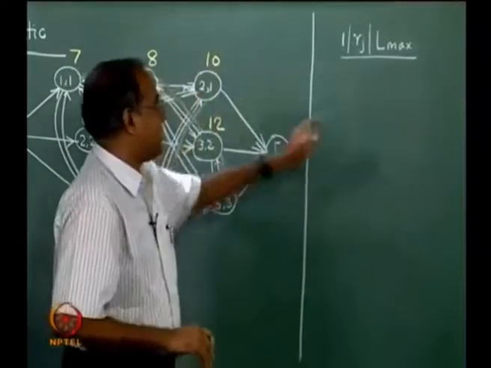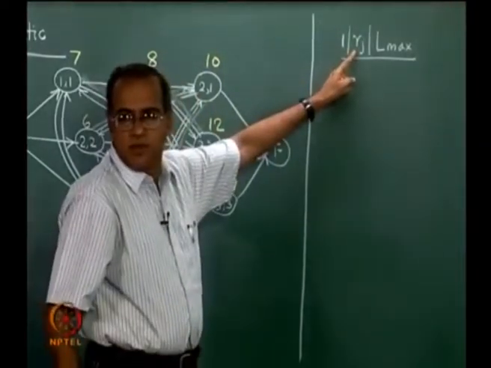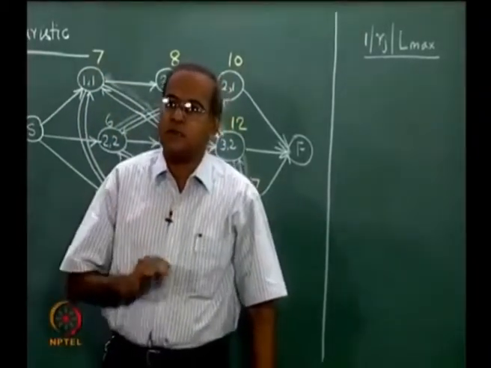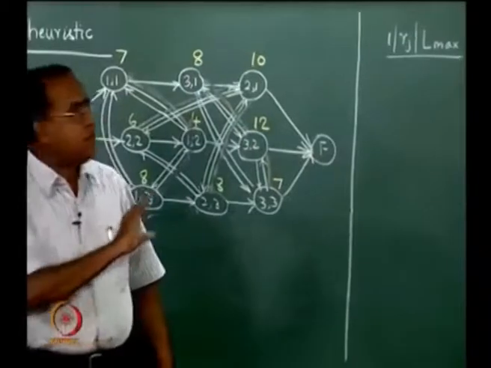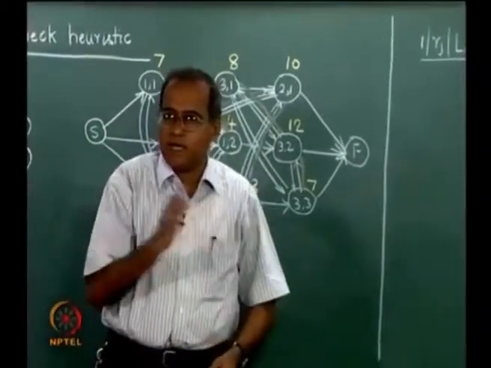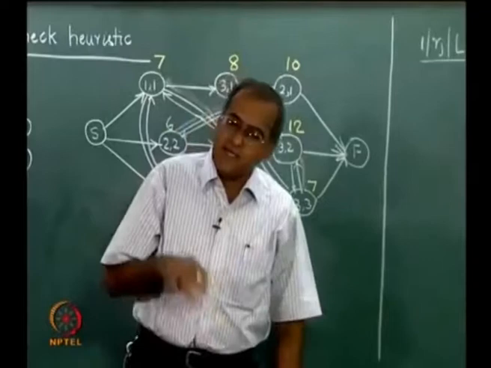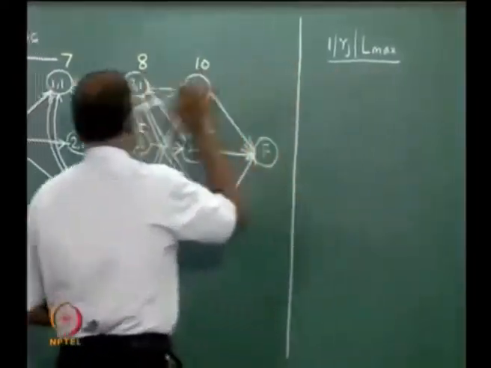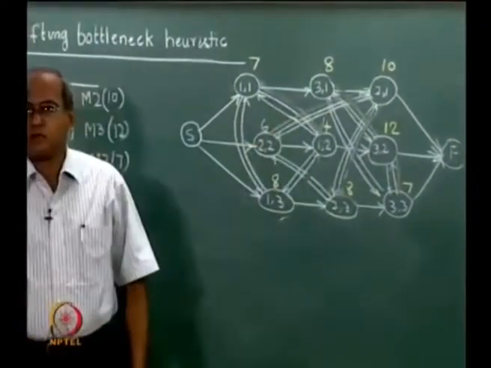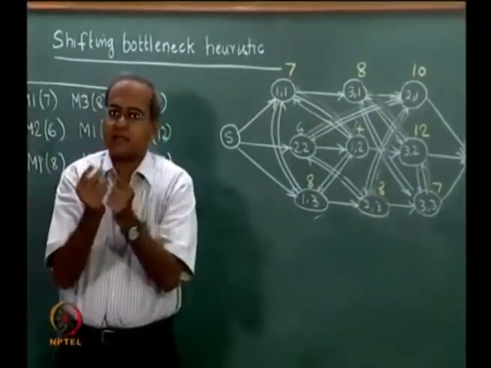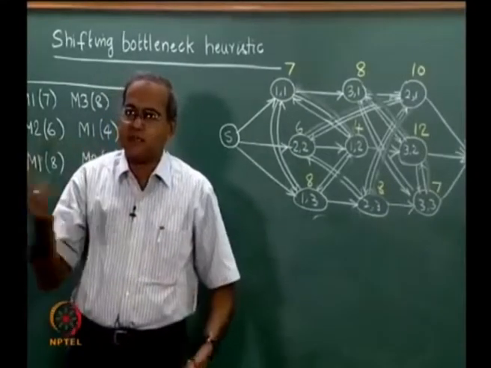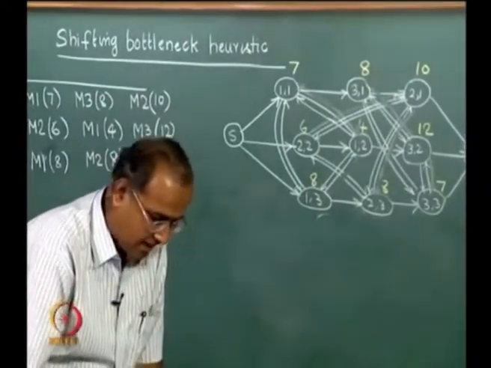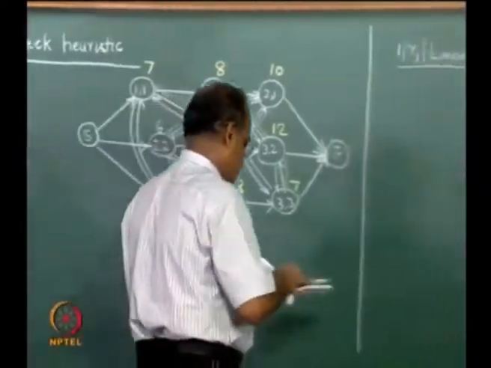So, rj is the time at which job j is available, and Lmax is to minimize the maximum tardiness on this. So, let us take an example, try to understand the 1 | rj | Lmax problem, how do we solve that, and then see how we use results from 1 | rj | Lmax and superimpose it on this network, so that we are able to get the correct set of arcs that would try and give lesser makespan. So, let us take this example for 1 | rj | Lmax.